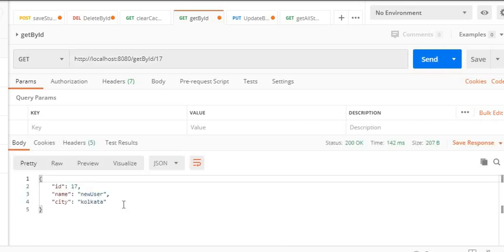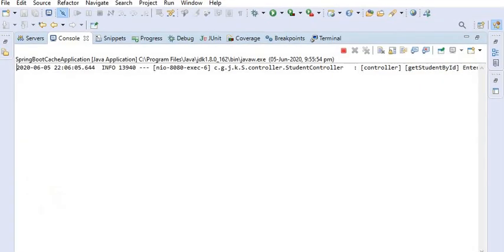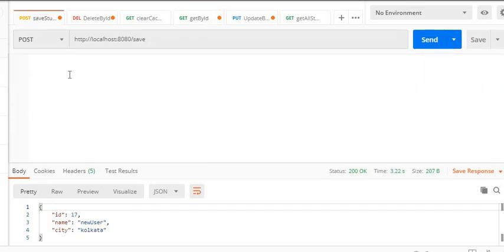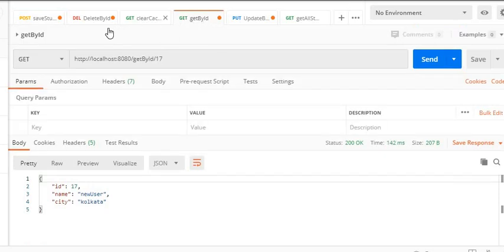And the data is here, and we will see on the console that get student by ID is not getting data from DB, it's getting from cache, because when we saved the data into DB, it was also saved into our cache memory, and at the time of get by ID it's getting from cache.